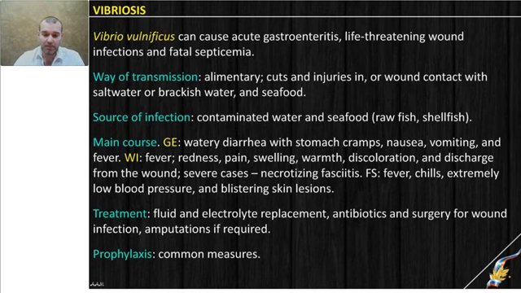And in the case of fatal septicemia, of course, systemic symptoms will appear, such as loss of blood pressure, critically high fever, and skin lesions near the wound will be blistering with production of massive exudate. In the case of gastroenteritis, replacement of lost fluid with water and electrolytes will be sufficient, but of course, if it is wound infection, antibiotics are required immediately in high doses, and if required, surgery.